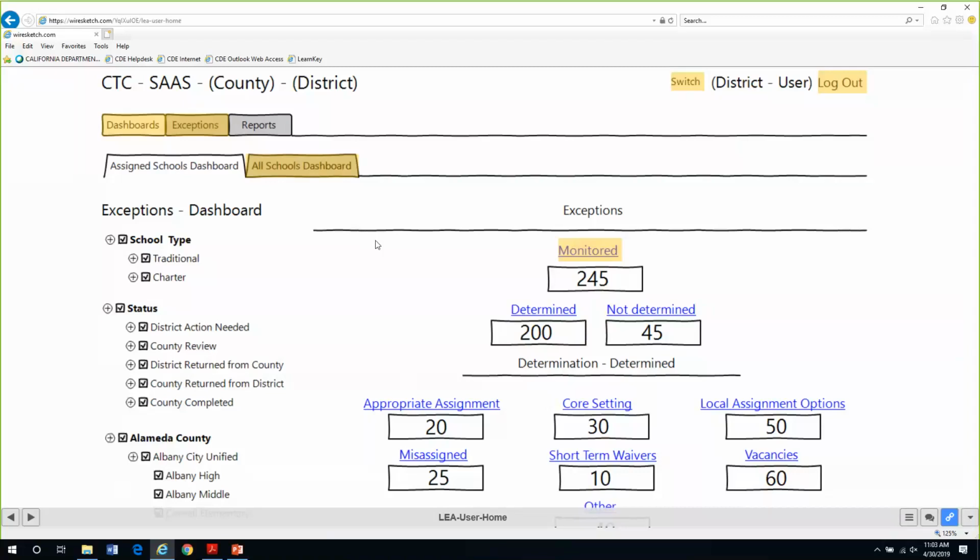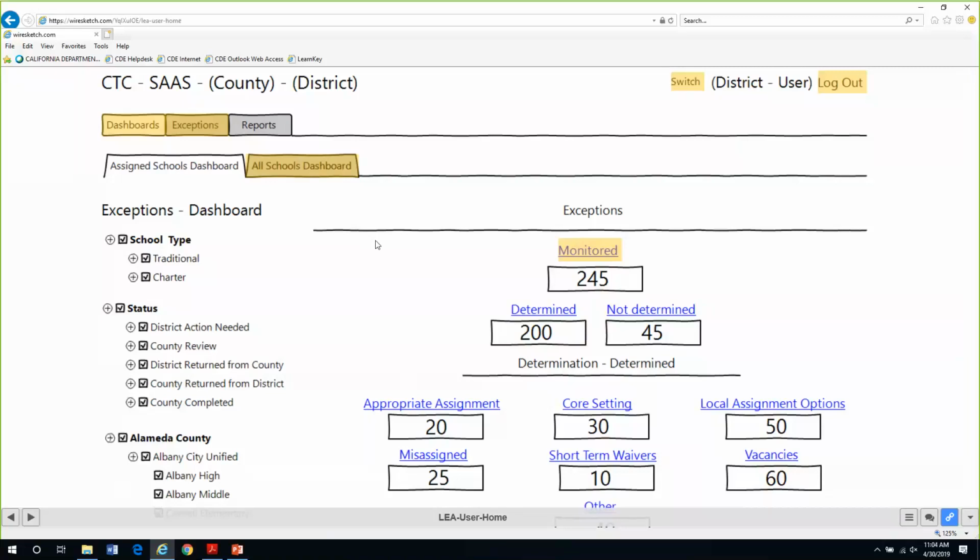Who will receive notification for CalSAAS access? The first notification that goes out will be to the monitoring authority administrator, and that's going to be your county office credential analyst, the credential analyst of the county office who's been identified by the commission as the primary point of contact for that county. We have a list of each primary credential analyst at each county, and the commission will be sending out private invitations with permissions already set for that county administrator, that monitoring authority or MA administrator.